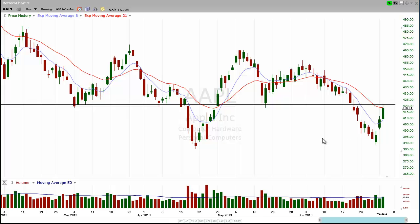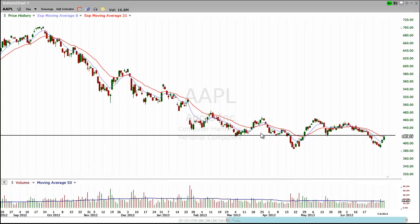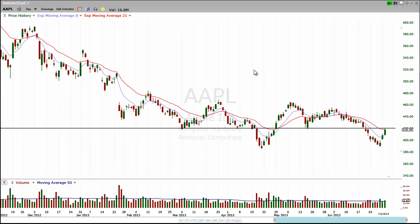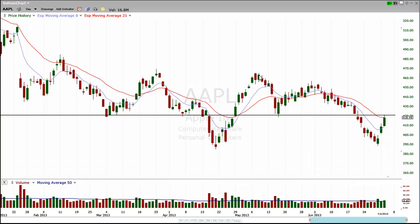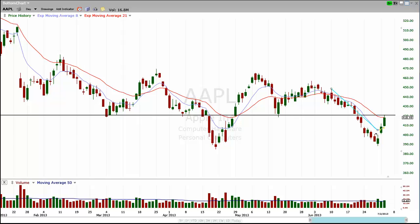First of all, here is Apple on the daily chart. What you can see here is, Apple's been in a massive downtrend since it peaked last September. But I just want to focus on the recent areas. So, if you look at this move here, actually not that move. If you look at this move here,